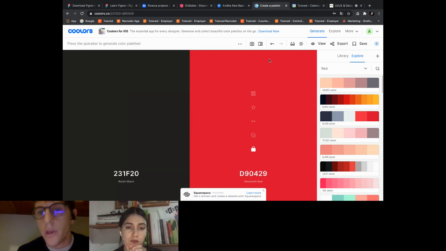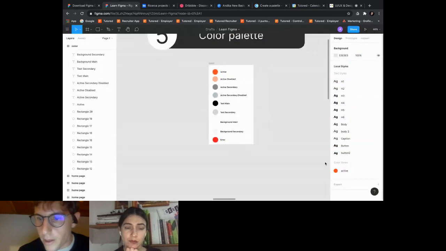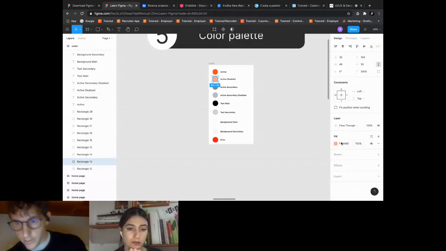And we can download or copy the code, and we can paste it in our project in the color palette. You can see the color in this section, fill. So to create a color palette is very simple.